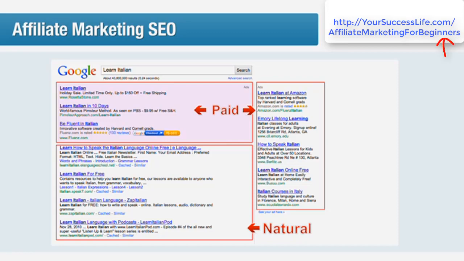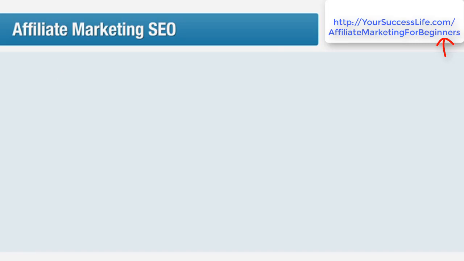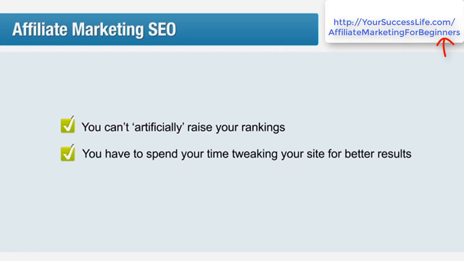The important thing to note about the natural search engine listings as opposed to the paid search engine listings is that there is no way you can artificially raise yourself up the rankings. Unlike paid listings, where you might bump yourself up by paying more, the natural search engine results leave you completely at the mercy of the search engine algorithms. As a result, you spend your time doing things to convince the search engine that your site is the most relevant site on the internet for a particular keyword. These actions, collectively, are called search engine optimization.